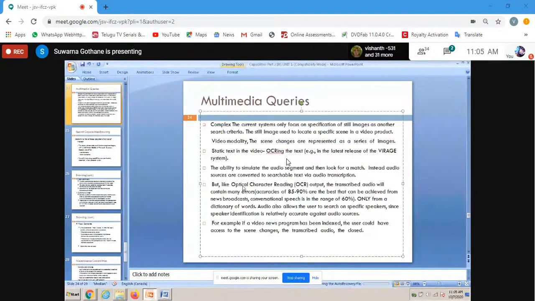So there is a question of correctness; it is talking about 85 to 90%, meaning there is a maximum chance of errors when different people with different slang and tone give their audio. It depends on the software. Nowadays the error has been reduced. In the Google search engine it takes audio nicely.